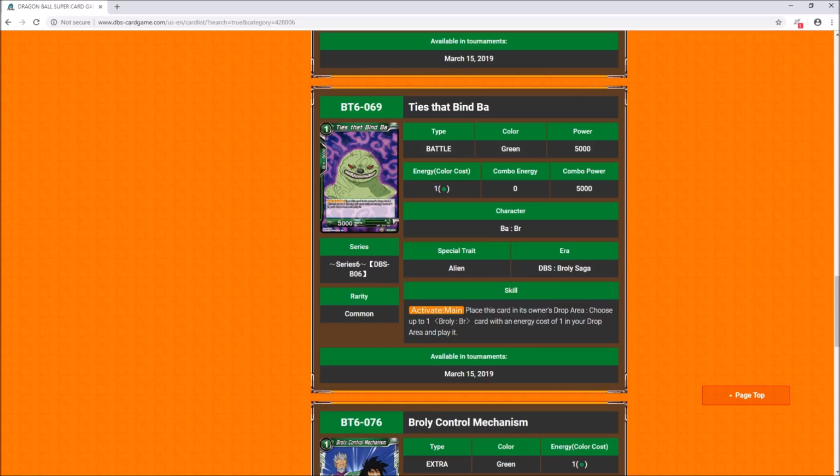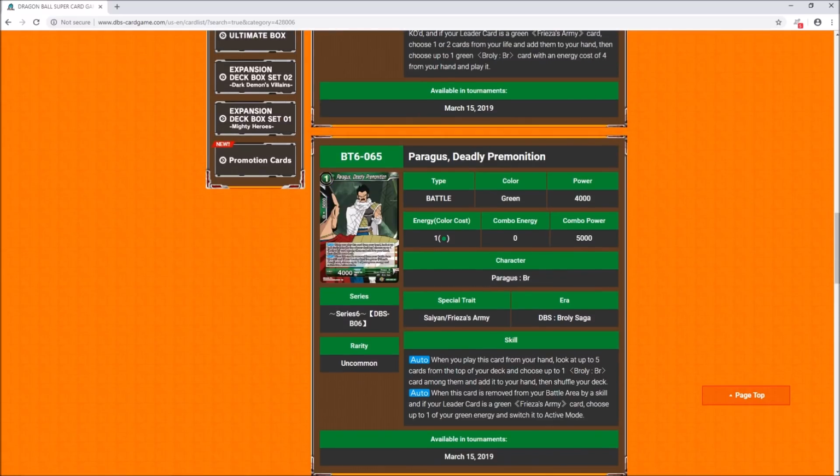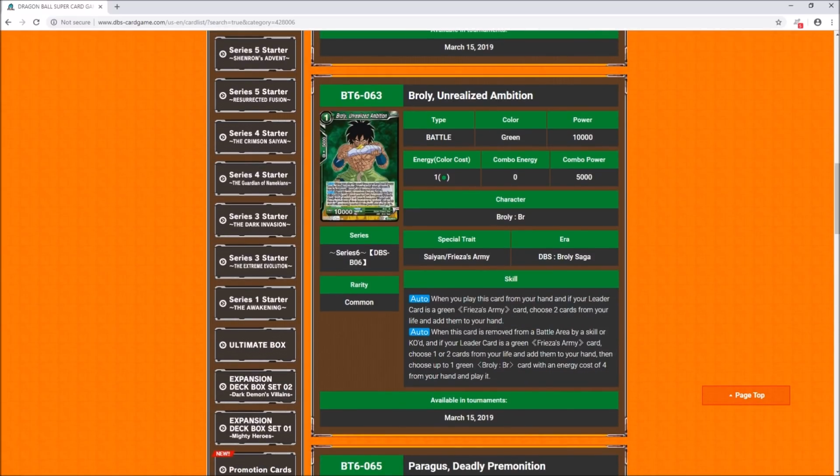Then you've got Ties That Bind B-A, whatever the hell that is. He's a 1-cost, 5,000 power, activate main. Says place this card in its owner's drop area. Choose up to 1 Brawley B-Yard card with an energy cost of 1 in your drop area and play it. Okay, so I guess you would play him, then immediately activate his activate main to bring out the 1-cost Brawley,